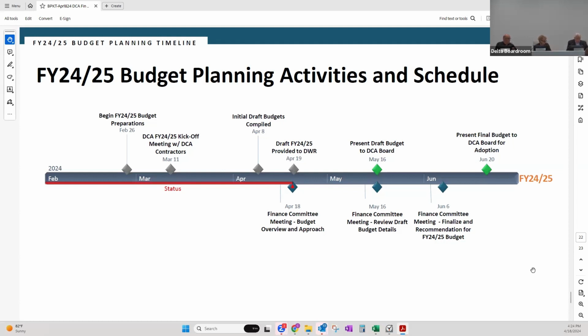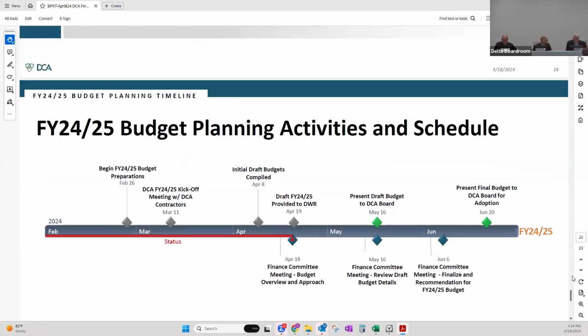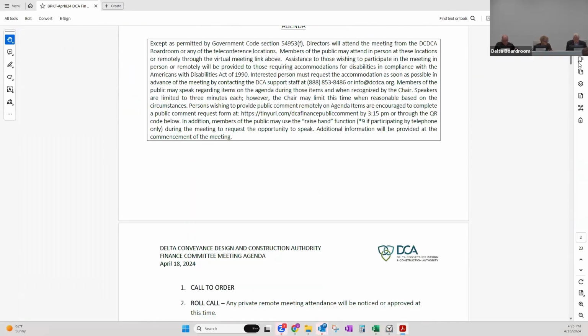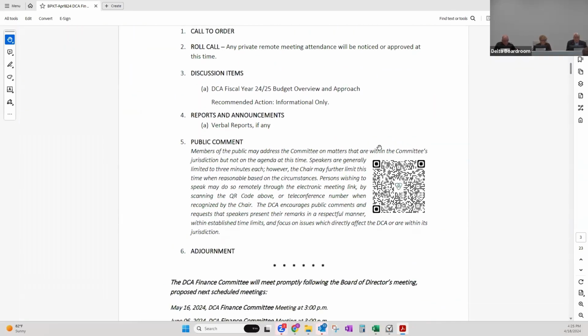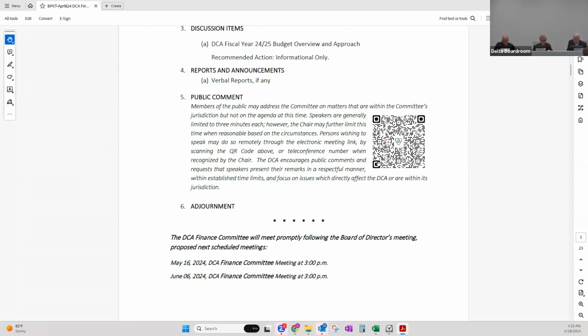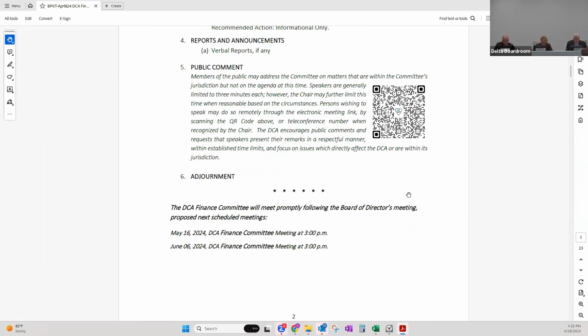We are now at the public, yes, we do public comments at the end. All right, that concludes item 3A. We move to item 4, verbal reports, if any. Do we have any verbal reports? We have no verbal reports. We move to item 5, which is